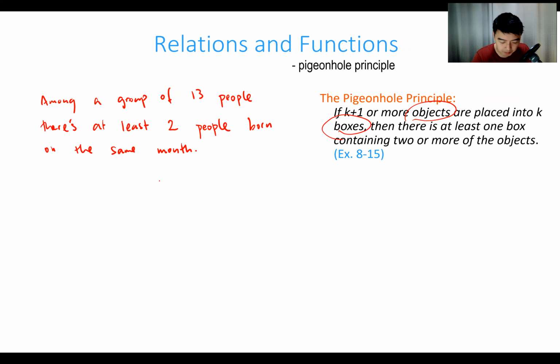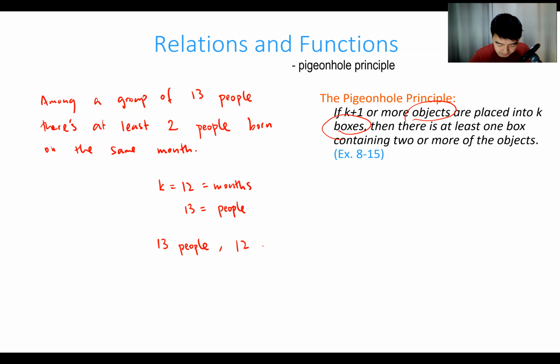Okay, so in this case, our number of boxes is 12 because the boxes correspond to the months. There are 12 months and there are 12 boxes. And each one of these people has to go into one and only one of these boxes. And again, this is a requirement. Whenever you have a pigeon, it must be placed into one and only one of these boxes. Okay, so here we have the number of people equal to 13, right? So therefore, we can use the pigeonhole principle statement